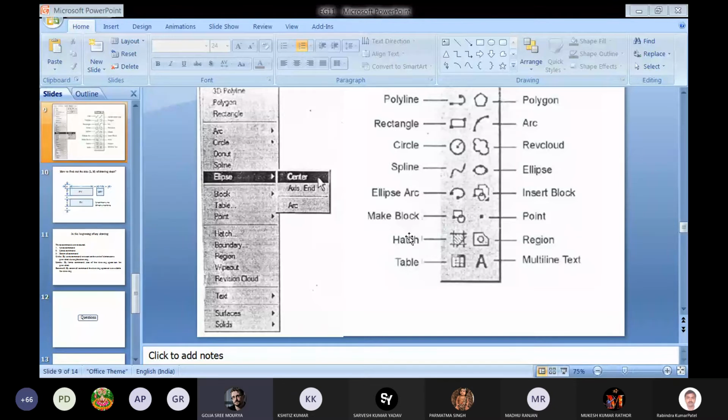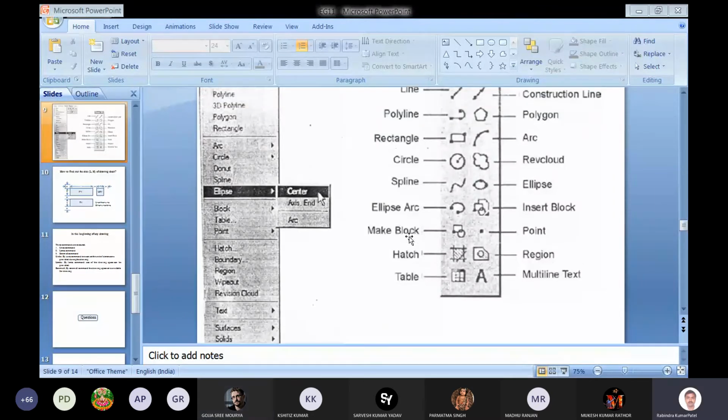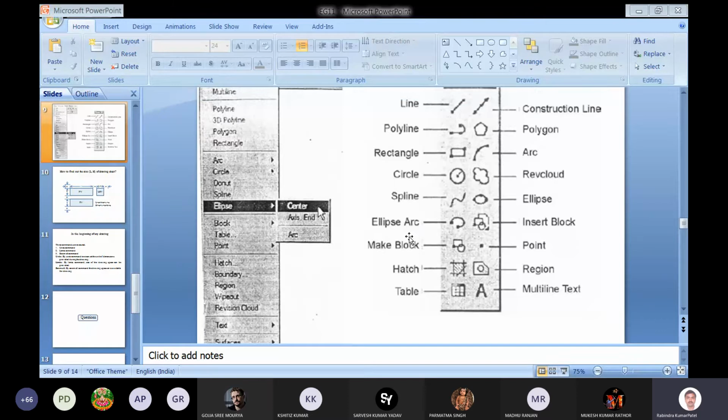Sir, can we draw arc, sir, with this polyline? No. Straight lines will be there here, but in the shape it can be drawn. Like a shape icon has been shown, so arc can also be shown.